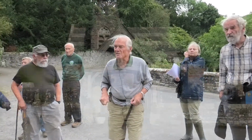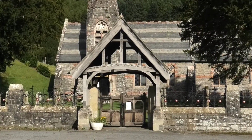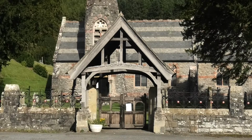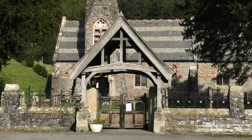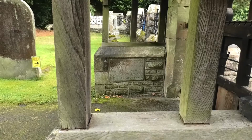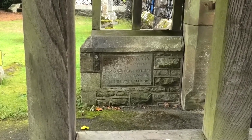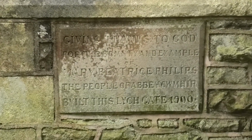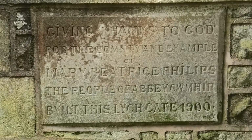this is the Lich Gate, which was built around 1900, and it was built as a memorial to Mary Beatrice Phillips, who died in 1898. And it was built as a token of appreciation, we are told, by the workers on the estate. And it would have been built by the estate craftsmen as well. There's been a little bit of repair work in recent years, but it's basically original and has stood there for a long time. Very much a feature of country churches,